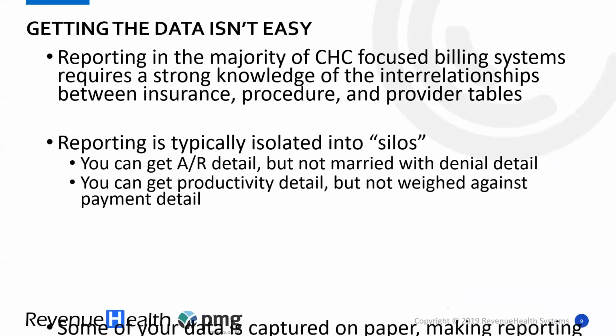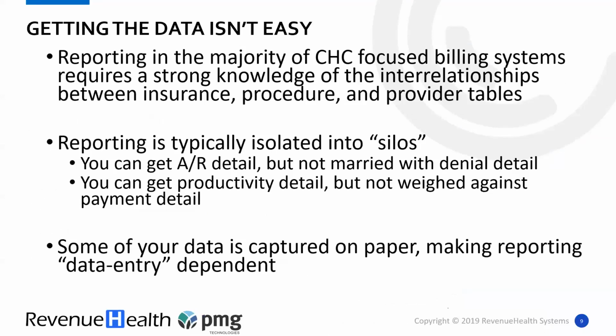So, in community health, getting the data is not easy. Most of the CHC-focused billing systems, again, the GEs, the NextGens, the Allscripts, the eCWs, the systems that have put time into developing solutions that work for community health, the reporting can be very, very complex. It can be thorough. They might provide you with a lot of data, but a lot of times the reporting